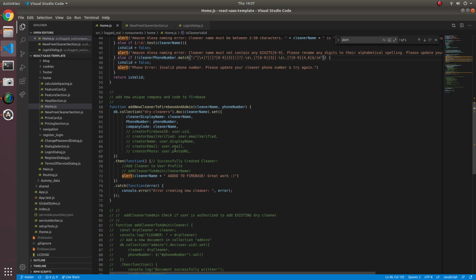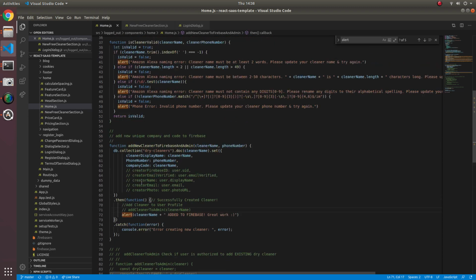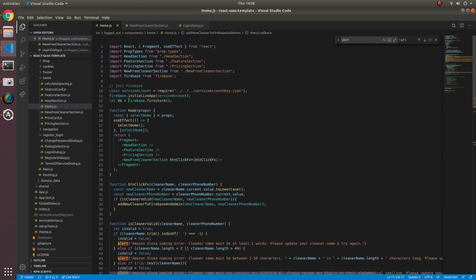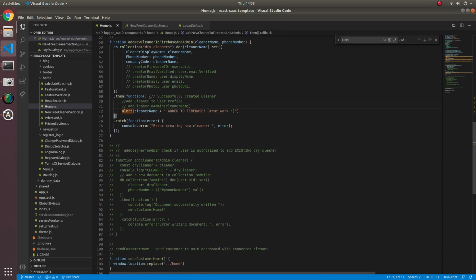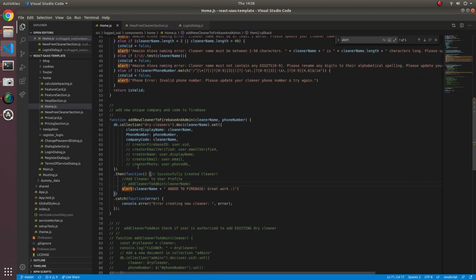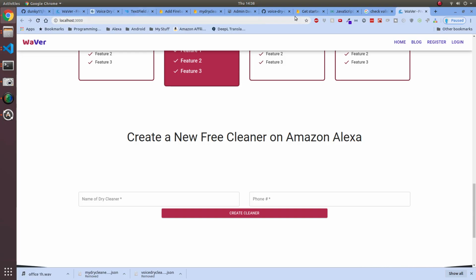Add user props to Firebase on cleaner create. Add cleaner to admin. We should be able to do that one. We have imported DB, so we should be able to do that one now. But oh yeah, we can't because we don't have the user info. So